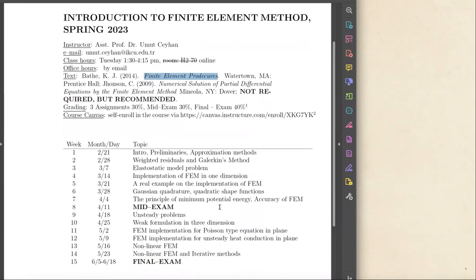So what are we going to do? This is the rough schedule of the class. We're going to start with a little bit of introduction and then preliminaries, of course. Basically, we're going to start with some implementation of one-dimensional governing equations to teach you how we're going to implement the actual weak formulation. Then I'm going to teach you the techniques of approximation, from the simple first order approximations to quadratic shape functions. Then we're going to do a bit of theory about the accuracy of finite element method